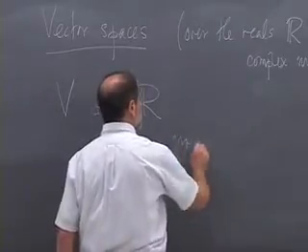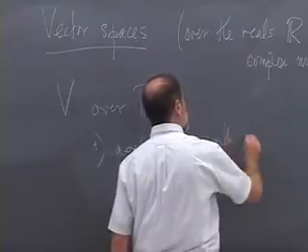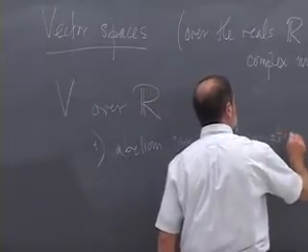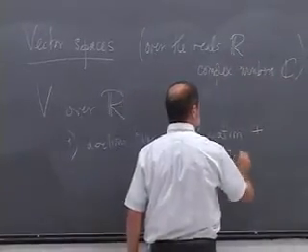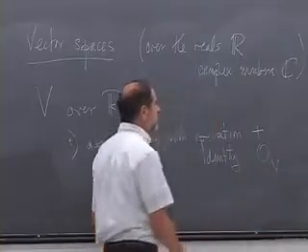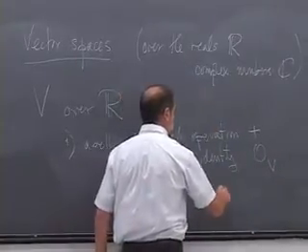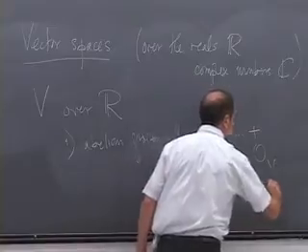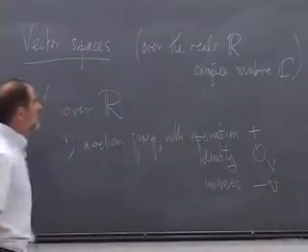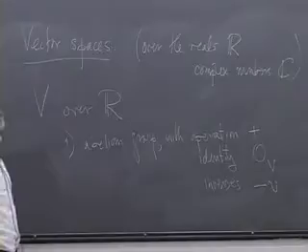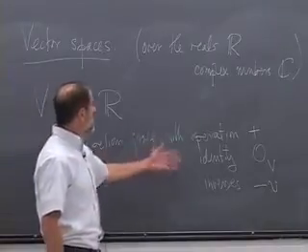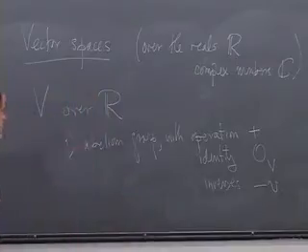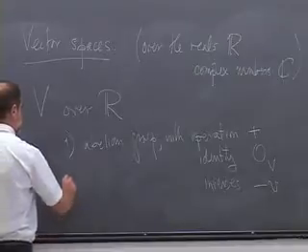So that means you can add vectors with operation plus, an identity element, what's called the zero vector, or sometimes just zero, and an inverse element, sometimes called minus v. The operation of the abelian group in a vector space is written additively, like it is for the integers. Now, the integers would be a perfectly good example of an abelian group, but the integers are not a vector space. And the second thing you need is a scalar multiplication